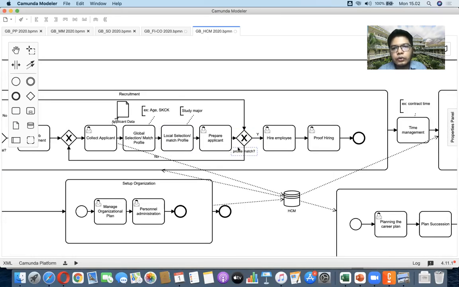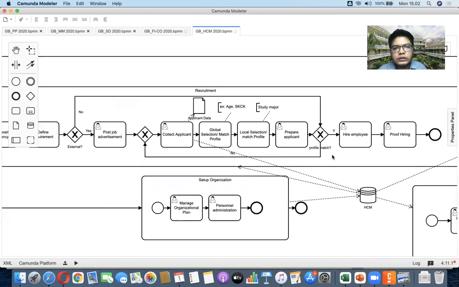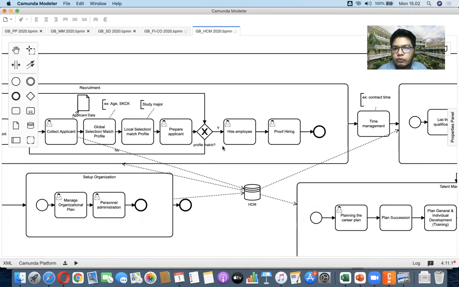After both profile matches are conducted, there will be a result whether it is yes or no. If it's no, and there is none at all, then we will collect again. But if it is yes and the requirements are fulfilled, then we go to hire employee and do proof of hiring.